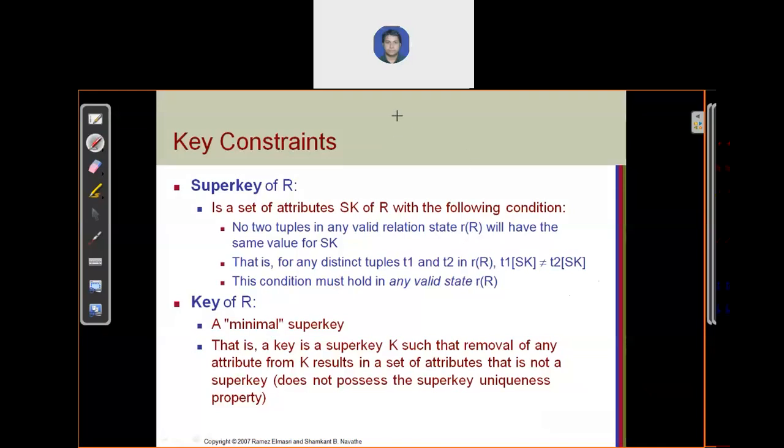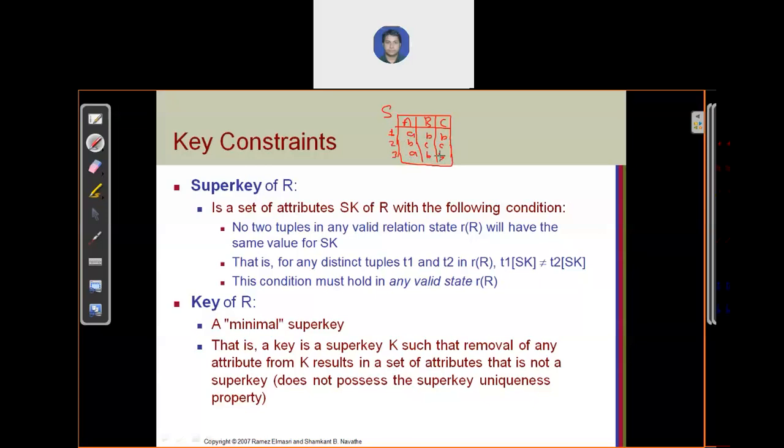Like there is one relation. Just consider a student is one relation, and there are three attributes A, B, and C, and we are storing the values. Just consider A, B, B is one record, another record is B, C, C, and when we store a third record like this, A, B, B, it will produce an error. Why? Because the same record is stored at tuple 1, and you are storing the same record at tuple 3, A, B, B. The same record you cannot store multiple times in your relation.